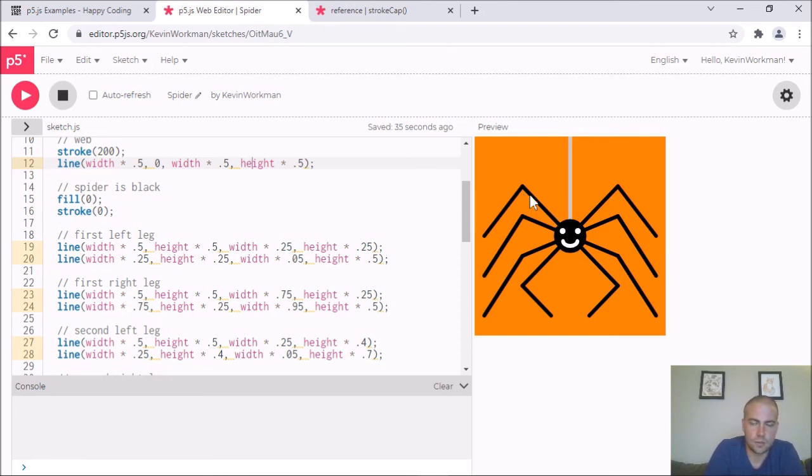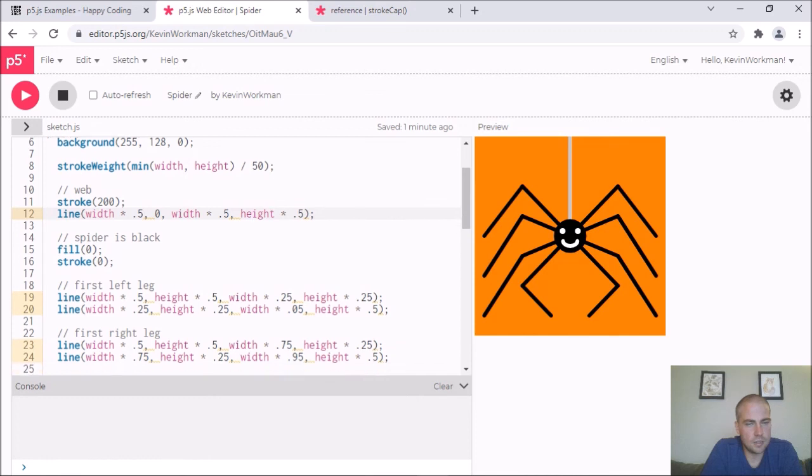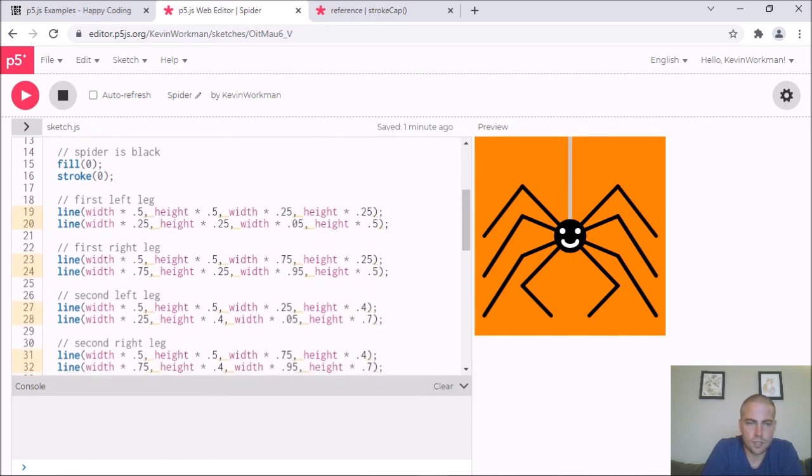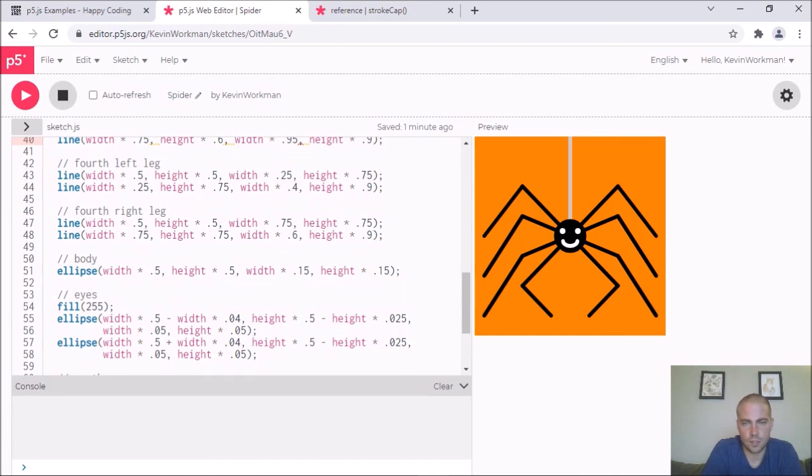As soon as I had the circle drawn, I ran the code and made sure the circle was where I thought it would be. And I drew the first leg, and then I ran the code and made sure the first leg was where I thought it would be. And that's really important. I wouldn't want to write this whole program and then run the code, and it would just be a mess. My legs would be all over the place. It would be horrifying, maybe,